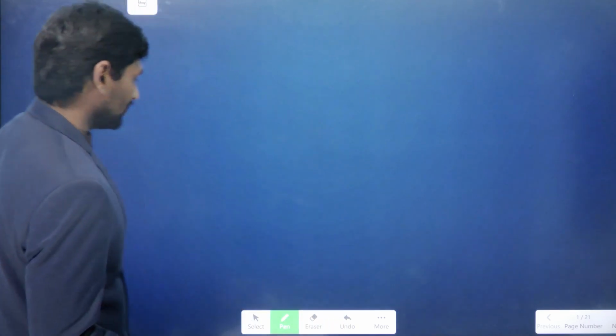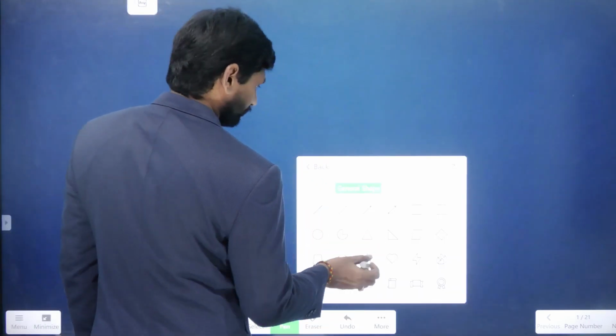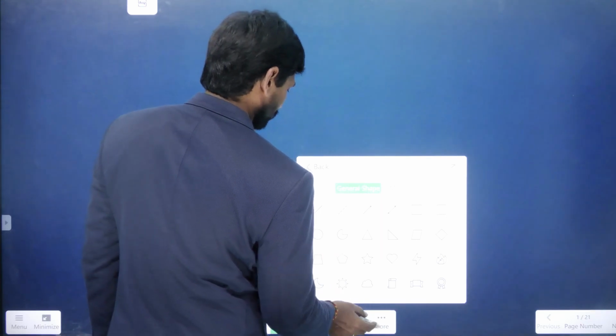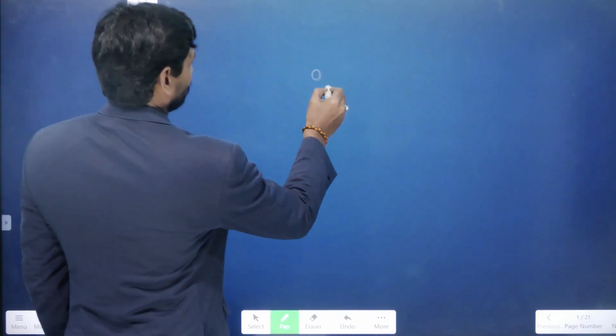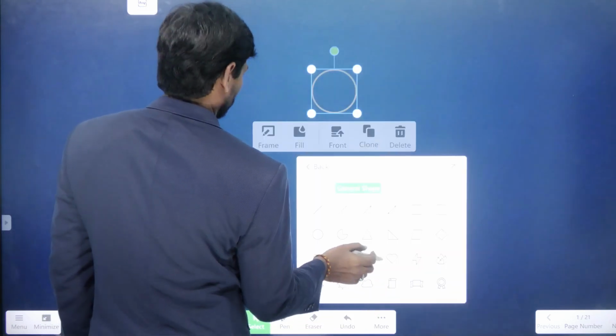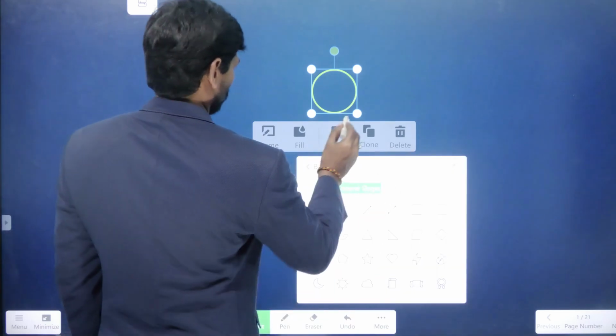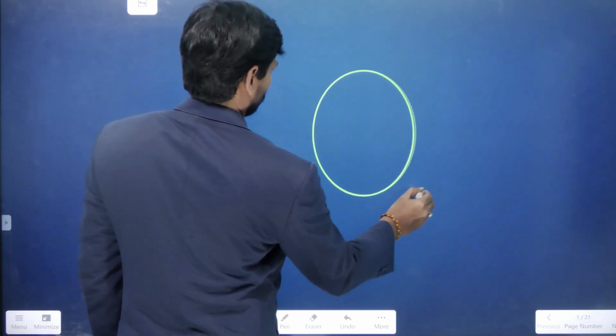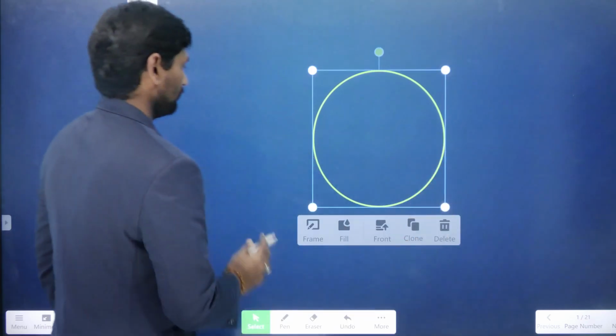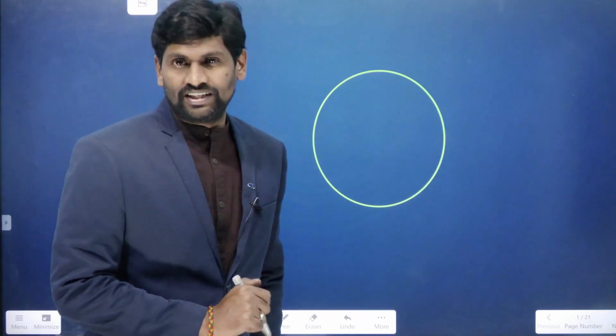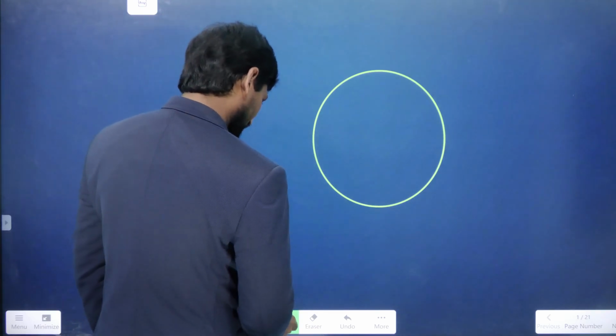Skills related to triangles. Okay, let's do that. So if a circle is connected with